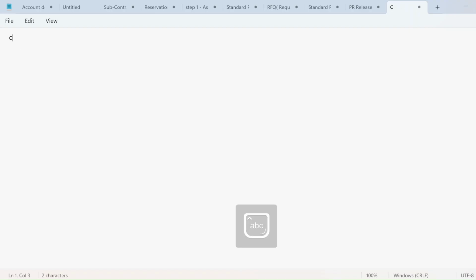So we are seeing here the configuration of PO and PR. The first step is that we are going to configure the number range.